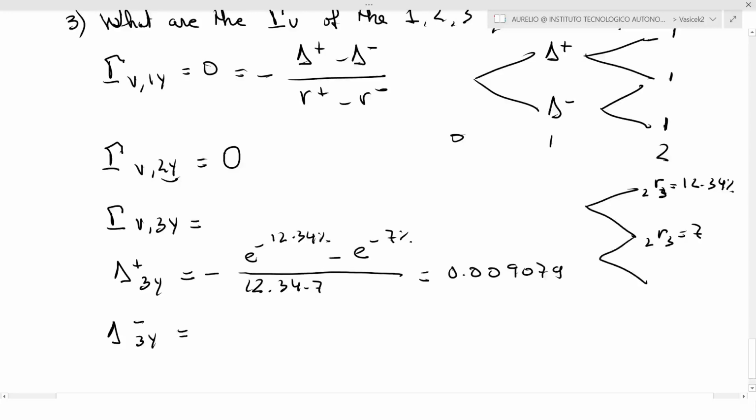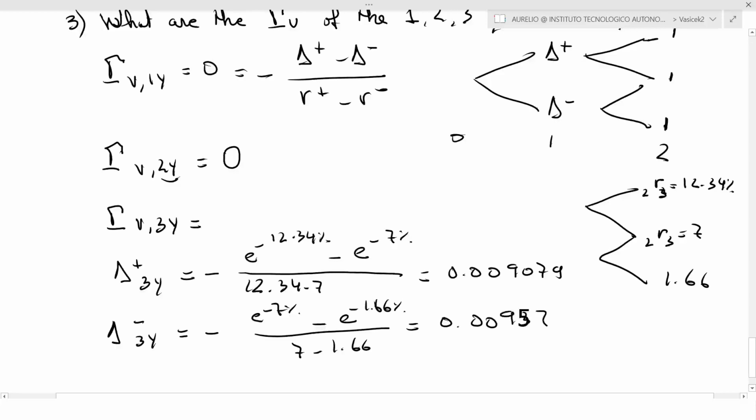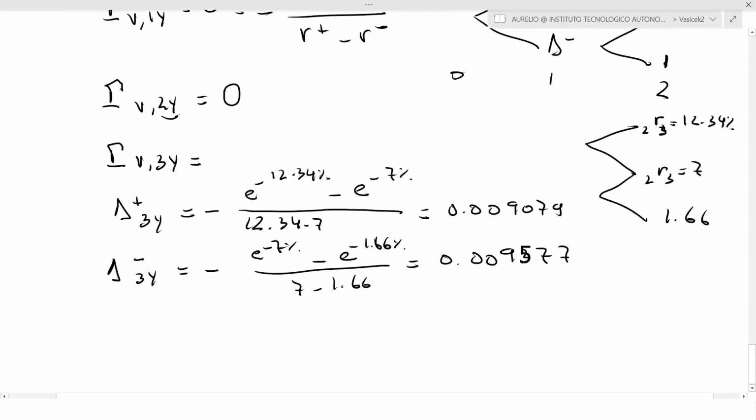And for the delta minus, we apply the same logic that we applied before, but now instead of the 12.34 and 7, we're going to use 7 and the 1.66, and we're going to get that this is going to be equal to e to the minus 7% minus e to the minus 1.66% over 7 minus 1.66. So this is equal to 0.009577. Finally, we're able to compute the gamma Vasicek for the 3-year bond, and it's going to be equal to